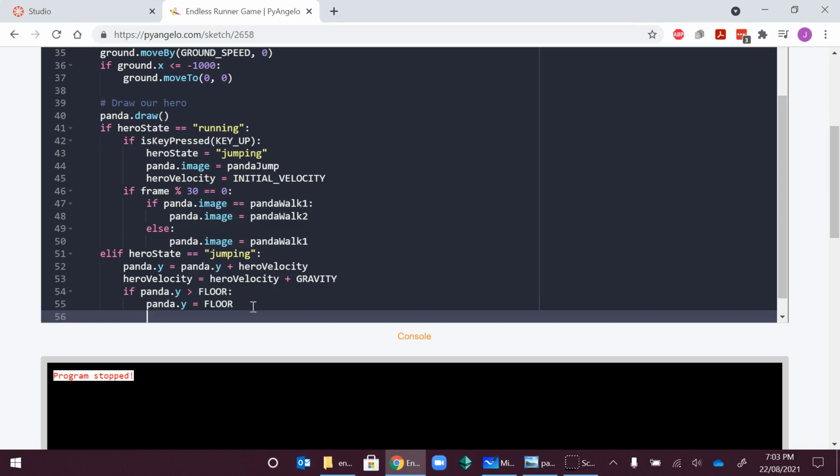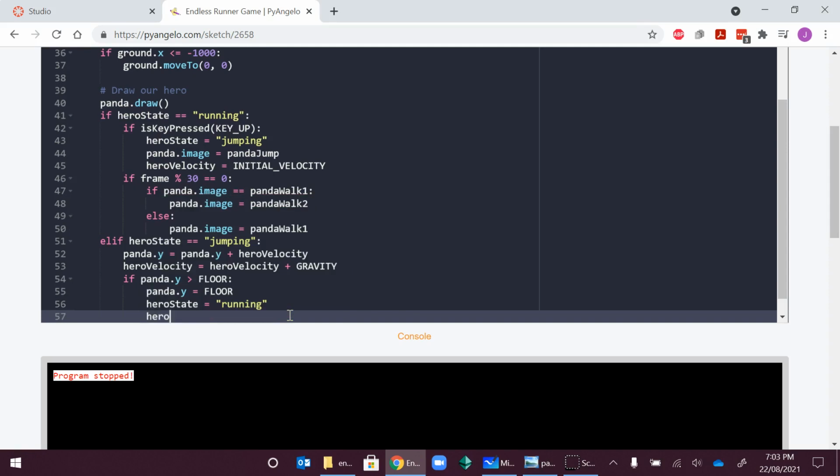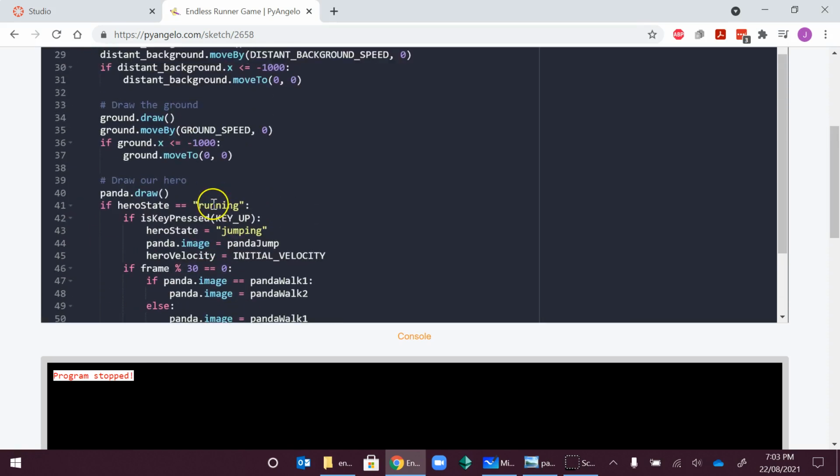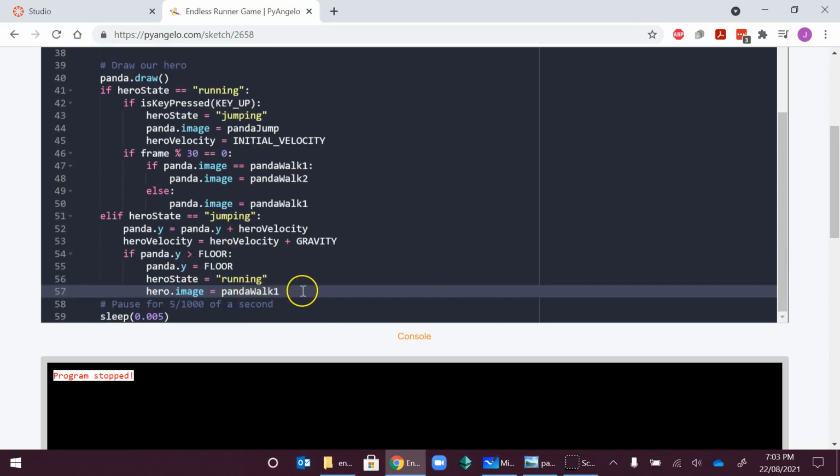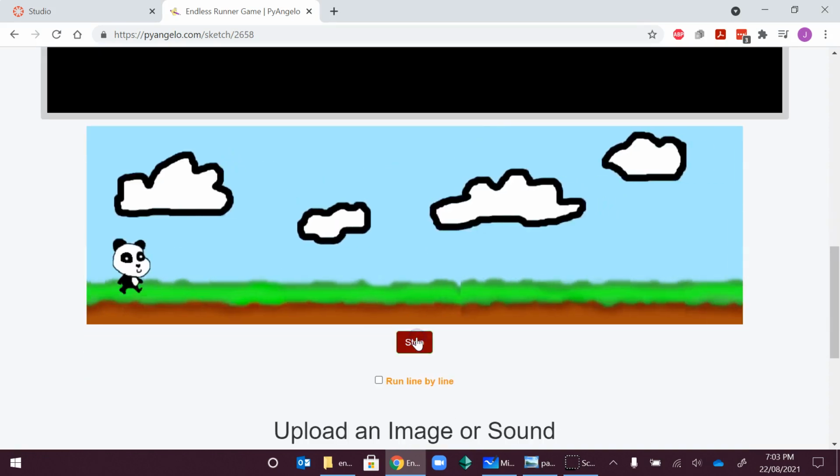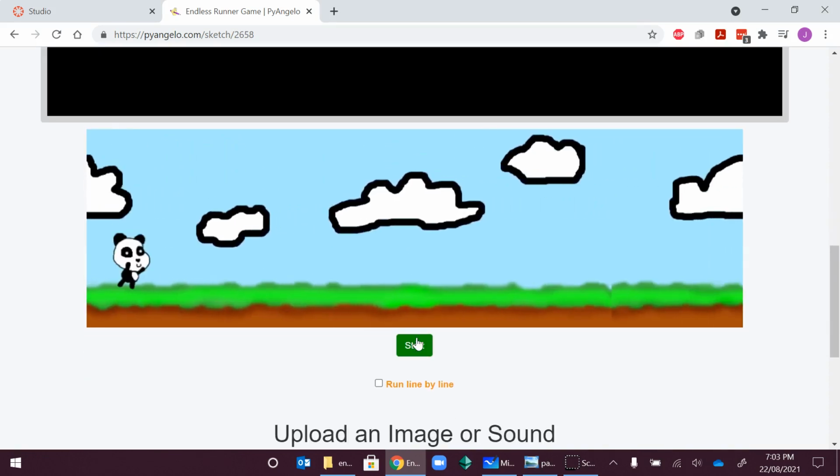set him back to there, and then I want to take him out of this jumping state. So I say hero state equals, and set it back to running. And what I might also want to do is immediately go hero.image equals panda walk 1. It would change because we've got our check here, but it only changes the image every 30 frames, so I might want to send it back straight away. So now I think we should have, yeah, look good, but,